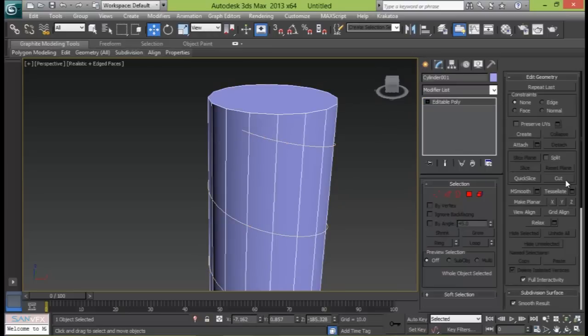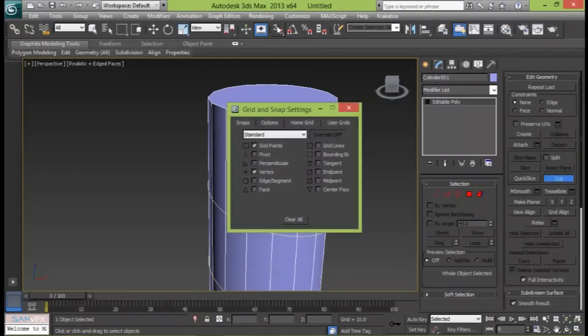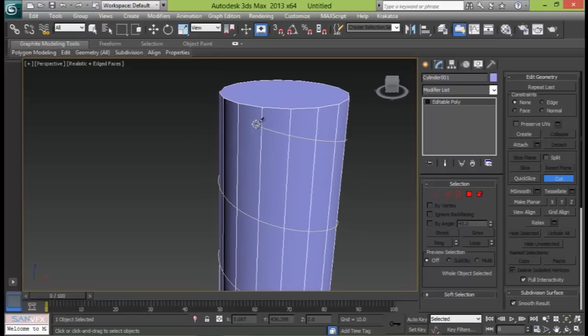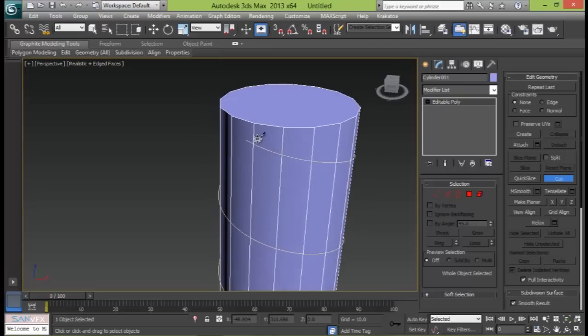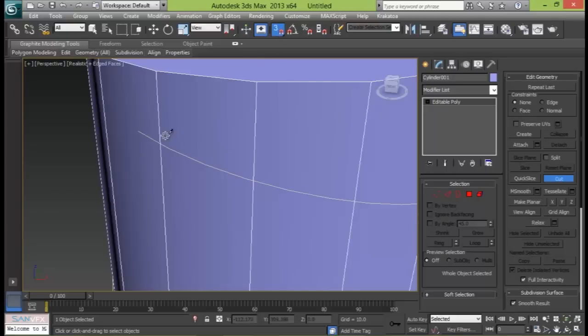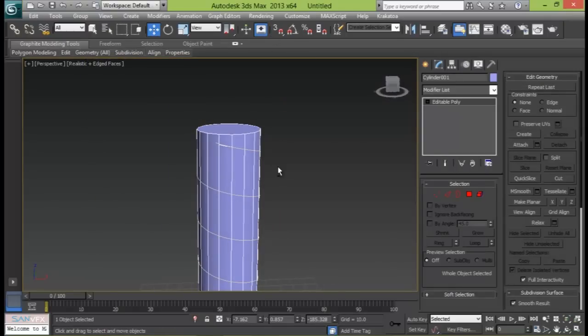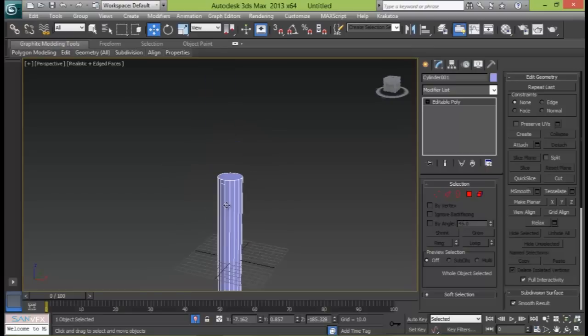Select our cylinder, go to cut, and let me right click my snap button right here, and there is vertex selected on. Okay, and if I go ahead, turn on the snap, you'll notice that it gets snapped to every vertex right there. And if we go ahead and cut it this way, you can see, right click, turn off the snap as well. Let me select my cylinder and press Alt Q to go to isolation mode,